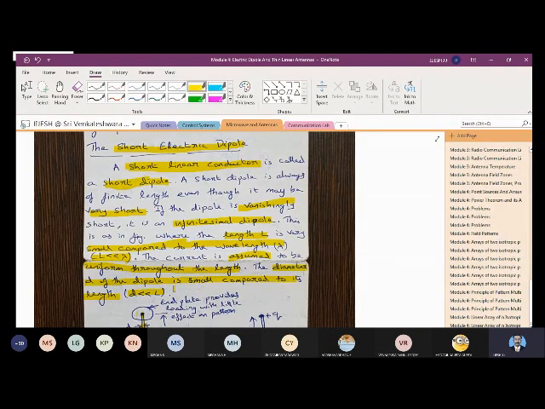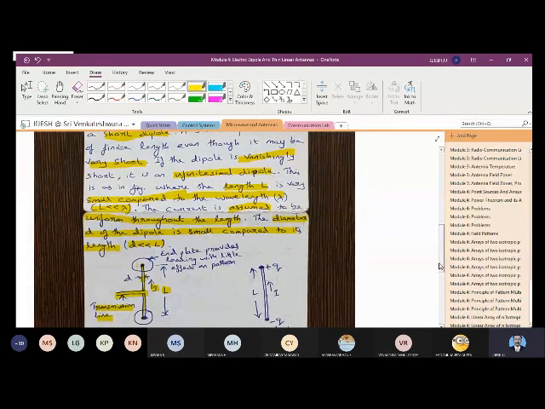For that, first you have to find out the L, the length of the antenna. That length of the antenna has to be very much less compared to lambda. That is the first condition. And the second condition is with respect to the diameter D. The diameter D should be very much less compared to the length. So these two conditions have to be satisfied, then you call it a short electric dipole.